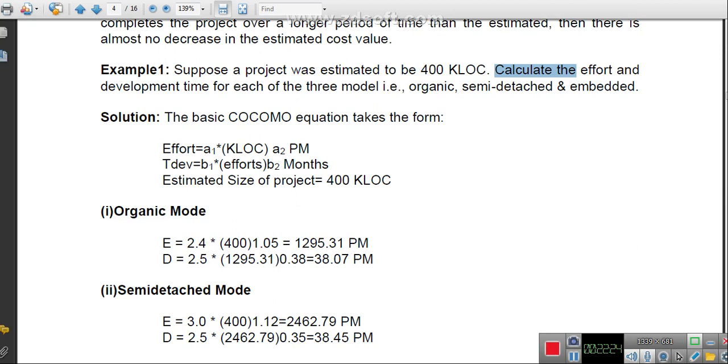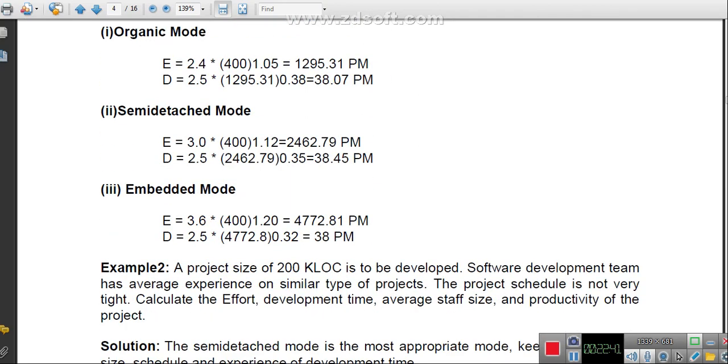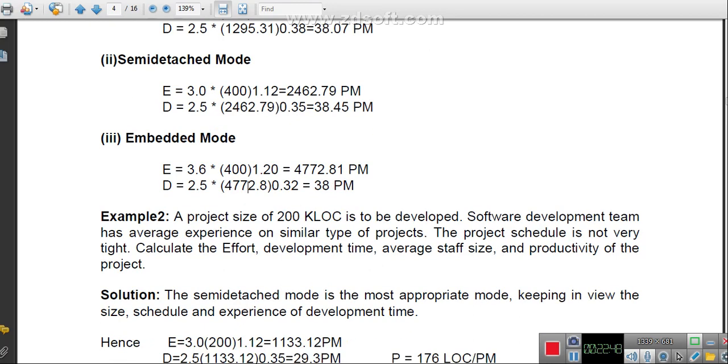तो आपको खाली पुट करनी है. ऑर्गेनिक मोड के लिए कितना लगेगा, तो ये फार्मूला है ऑलरेडी. उन्होंने 400 KLOC दिया है, इसका आपने एफर्ट्स कैलकुलेट किया. ये एफर्ट्स की वैल्यू खाली यहाँ पे डेवलपमेंट में डाली. ऑर्गेनिक का एफर्ट्स हो गया, डेवलपमेंट हो गया. सेमी डिटैच का एफर्ट्स हो गया, डेवलपमेंट हो गया. एम्बेडेड का एफर्ट्स हो गया, डेवलपमेंट हो गया. So this type of numerical question may be asked in an exam. Okay,